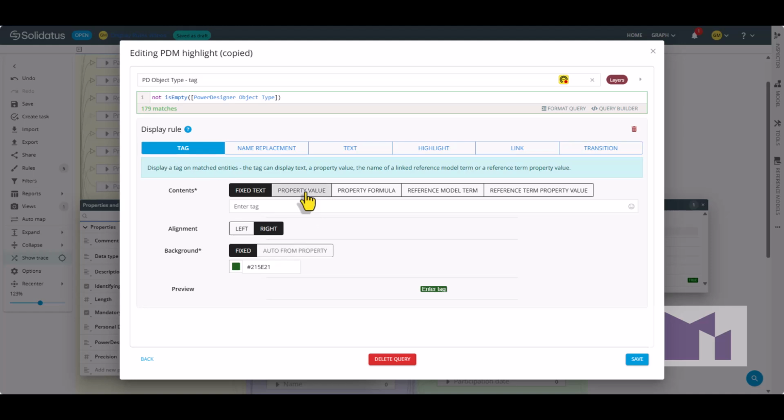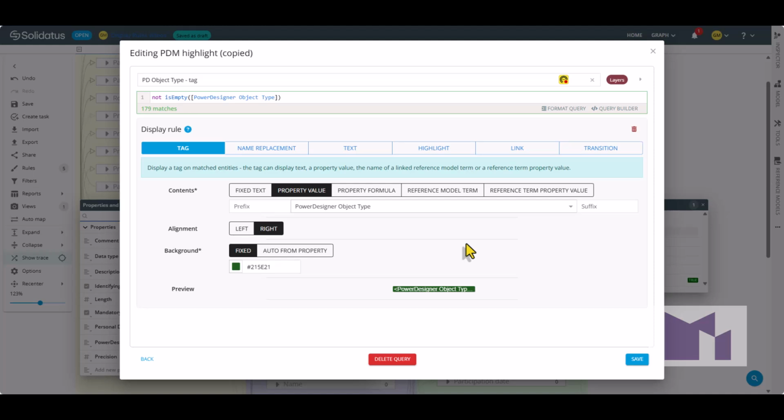Notice that the rule I copied had fixed text. I don't want the fixed text. I want the value to be from a given property, and it's the Power Designer object type. If I had done this from scratch, it would have been a lot less work.